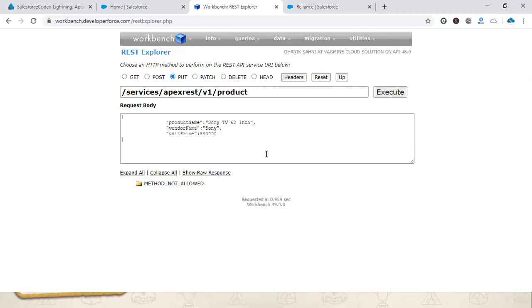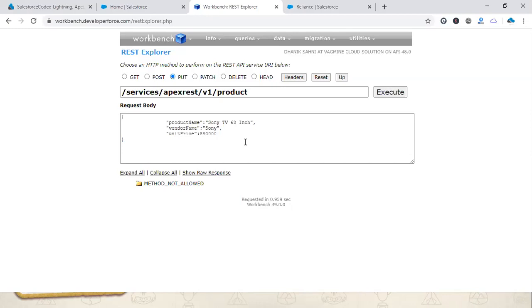But put is multi-purpose: it's for insertion and also for updation. When the request comes, it will first search whether the data they are sending is already available in the system. If it's available, it will update that data. If it is not available, it will create the data.